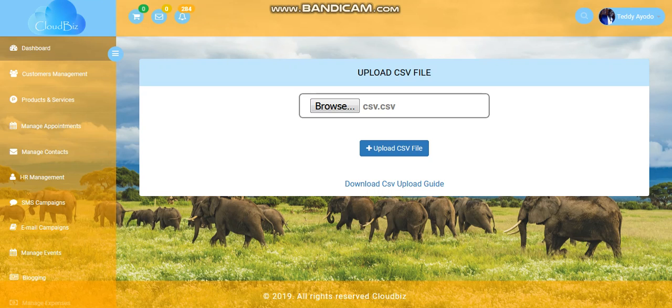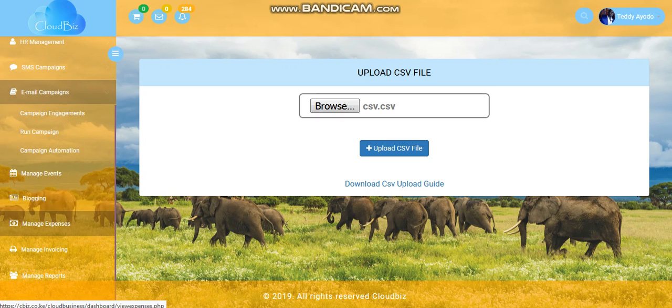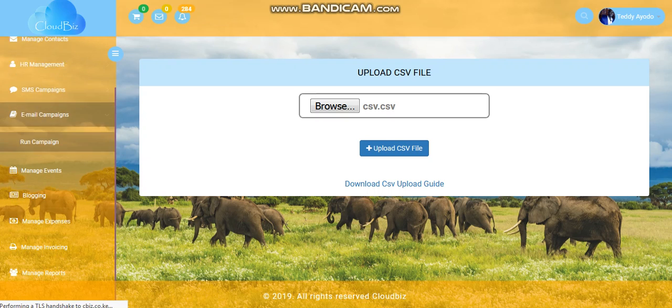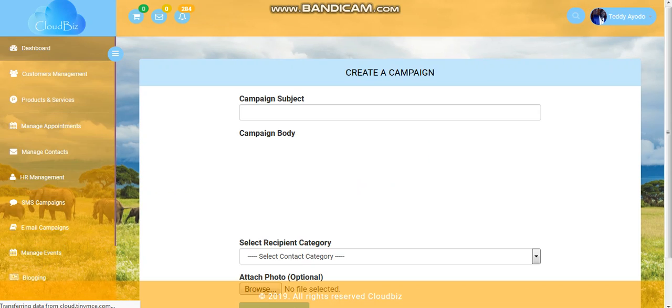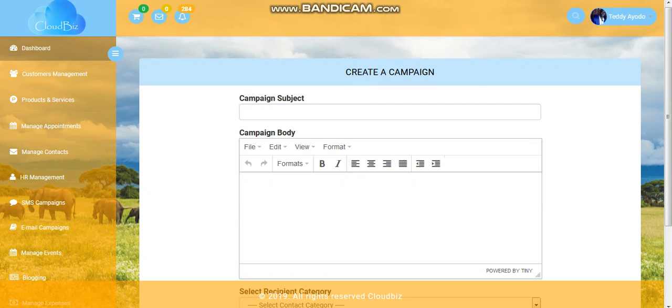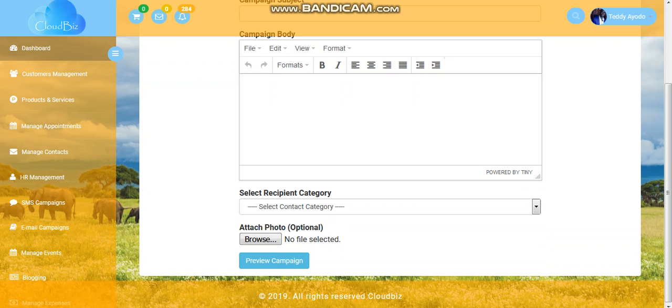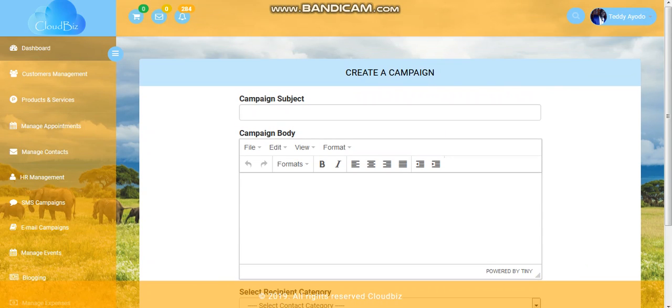So having gone through the contacts upload, let's see now how to run the email campaigns. So now we'll go back to email campaign and click on run campaign. As you may see, the system does not prompt us to add contacts because we have already added contacts to the system. So now it brings us to the page where we can create and run campaigns. So then